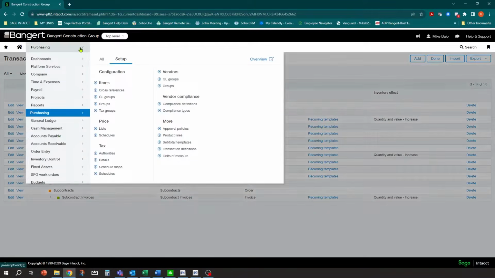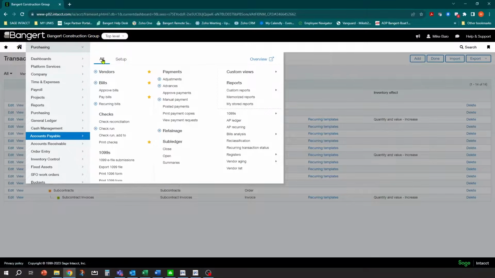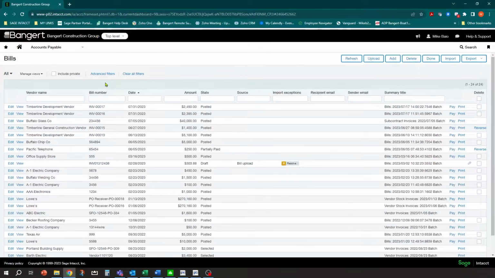So the first scenario is, you know what, we're putting in some AP bills directly in accounts payable. We don't have to worry about purchasing and need to make some adjustments on those AP bills. That could be done directly through accounts payable. So if I take a look at my bills, the easiest adjustments to make are the ones that have not had any payments against them. So you can see here I have some AP bills that are posted, but they don't have any payments on them, or they would be listed like this, partially paid.